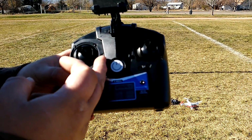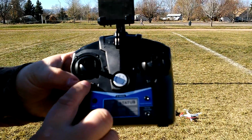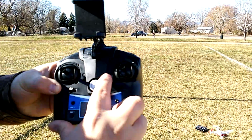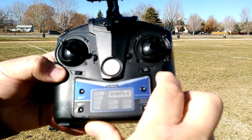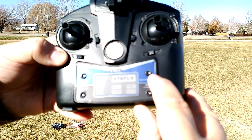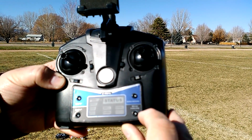So this is your camera up and down switch right here. This is your headless mode to turn it off and on. As I said before in the previous video, this is your trim back and forward. This is your trim left and right. This is your one button takeoff and landing. This is the hold to reset factory. So if you happen to